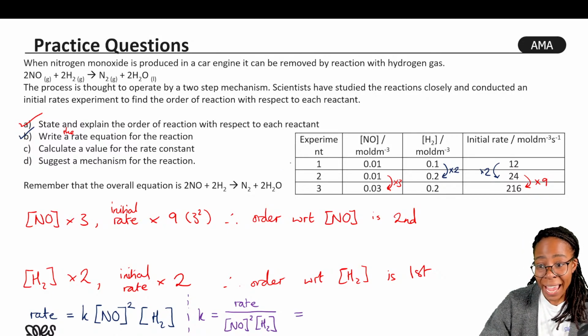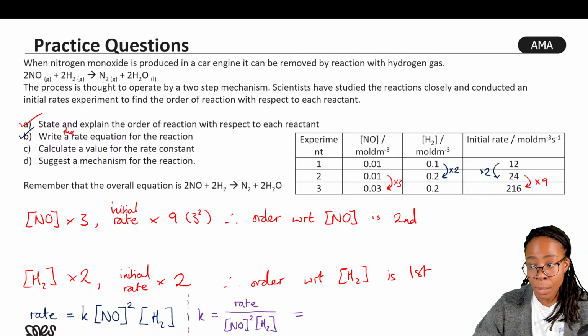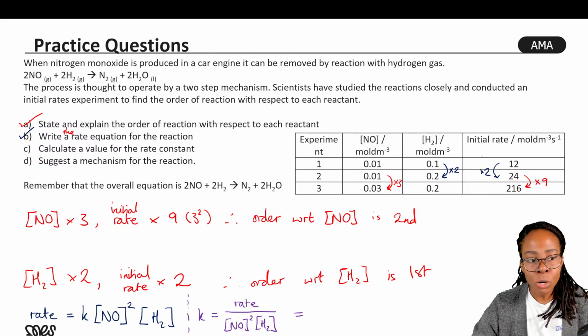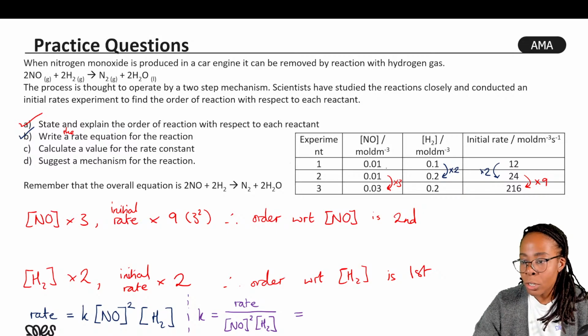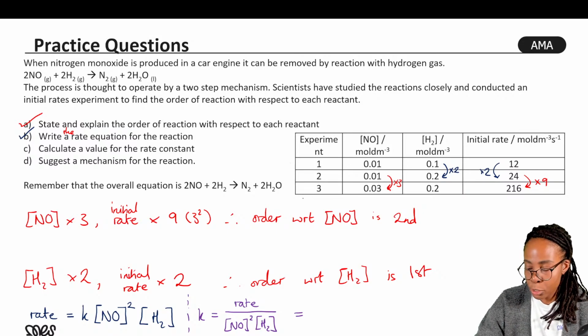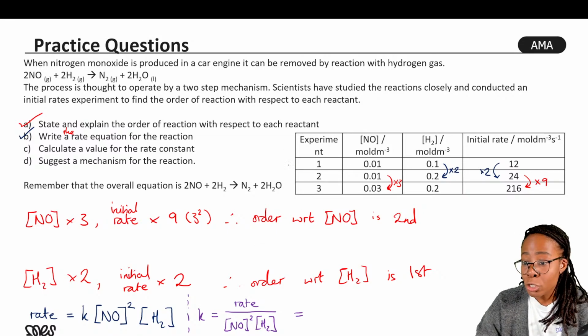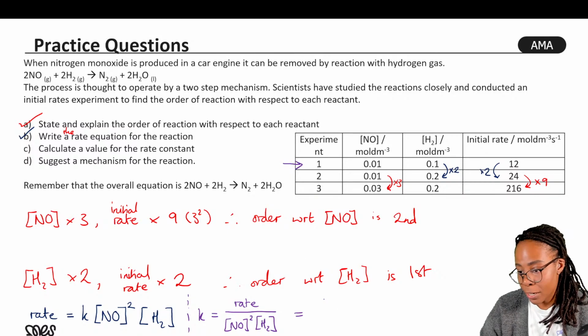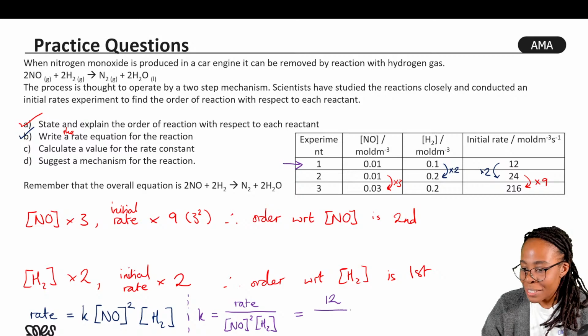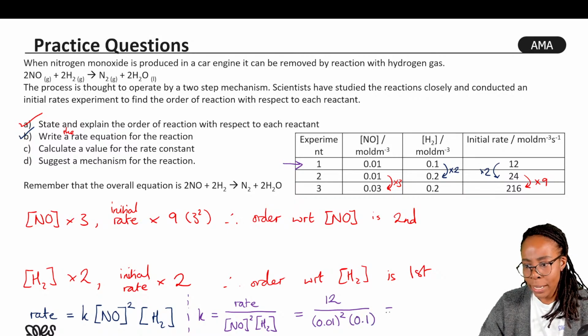We can choose any of our three experiments and just substitute the values in. It doesn't matter which one we choose, our answer will come out exactly the same, regardless of whether we choose experiment 1, experiment 2, or experiment 3. I'm going to choose experiment 1 just because it's the first one and the numbers look quite nice. So 12 divided by the concentration of NO squared, so 0.01 squared, multiplied by the concentration of H2, just to the power of 1, we end up with,